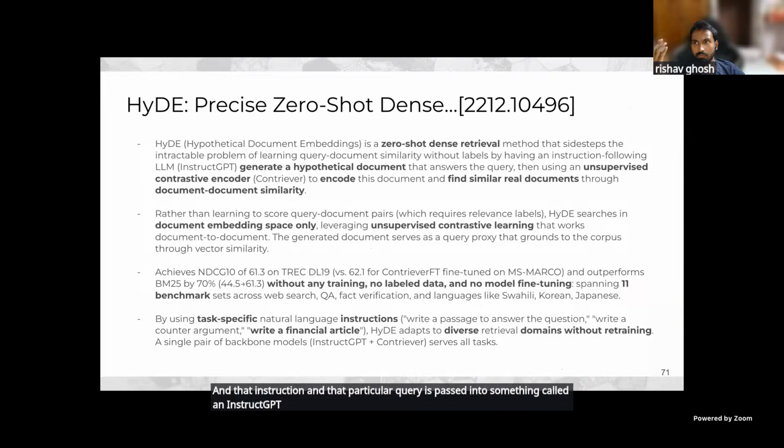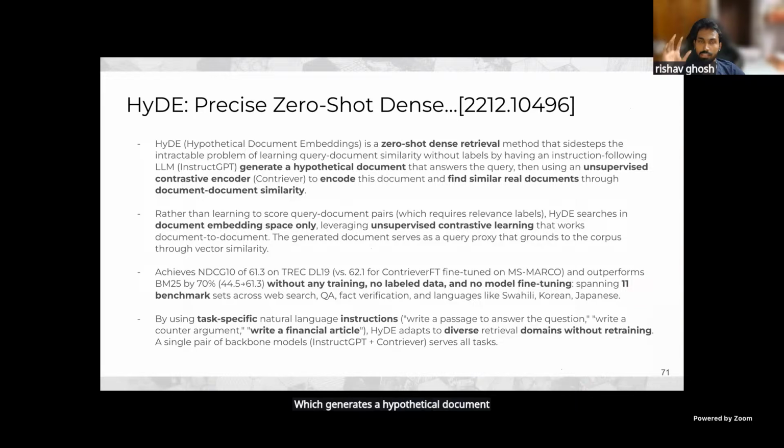That instruction and that particular query is passed into something called InstructGPT, essentially an LLM, which generates a hypothetical document. Once that hypothetical document is created, we use something like a Contriever, which uses unsupervised contrastive learning to create document to document similarity.